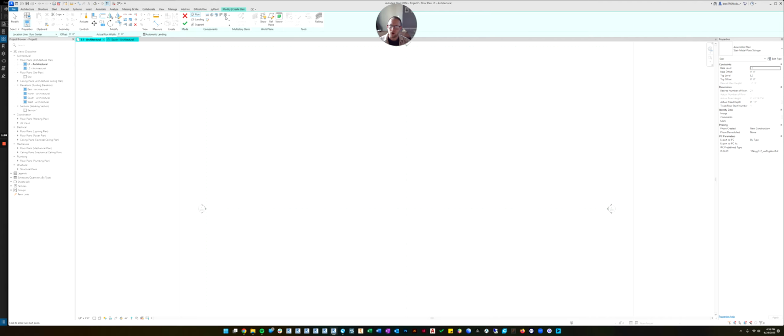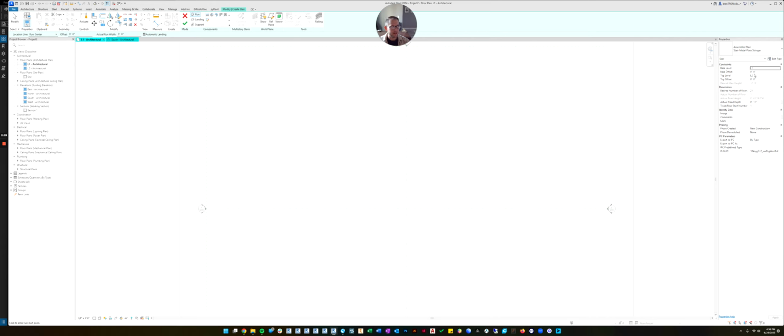I'm not going to teach you all of the stairs. The main one that you'll use probably 80% to 90% of the time is this one right here that's just a straight run. And so what you're going to do before you draw anything is also go over to the properties of the stair and make sure its base level and its top level are set correctly. So we're wanting to go from level 1 up to the top level, which is level 2.